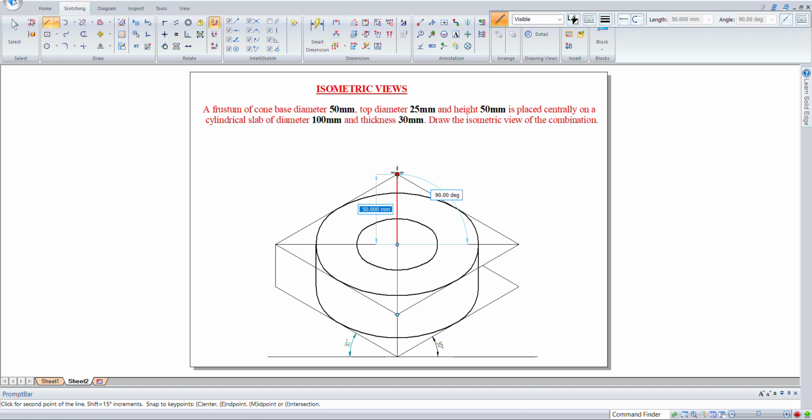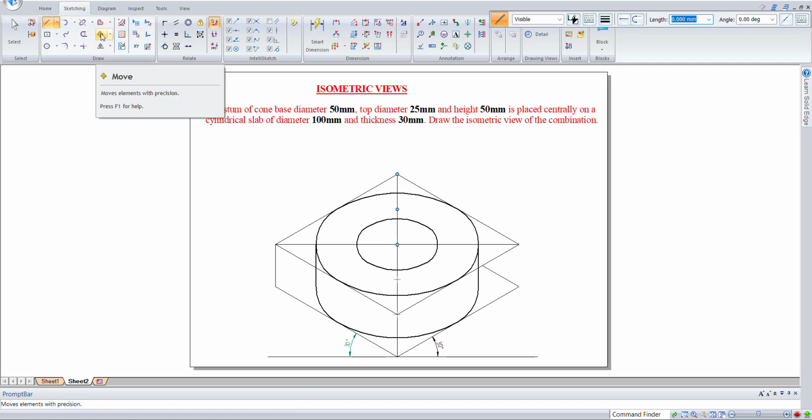Okay, so your axis will be here. Now the top diameter is 25 mm, which is 50% of the base diameter. So if we scale this entire portion by 50% and place it on top, it will become our top